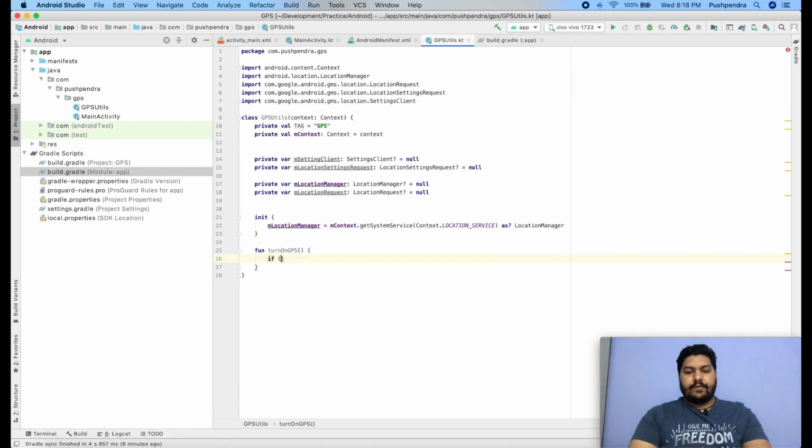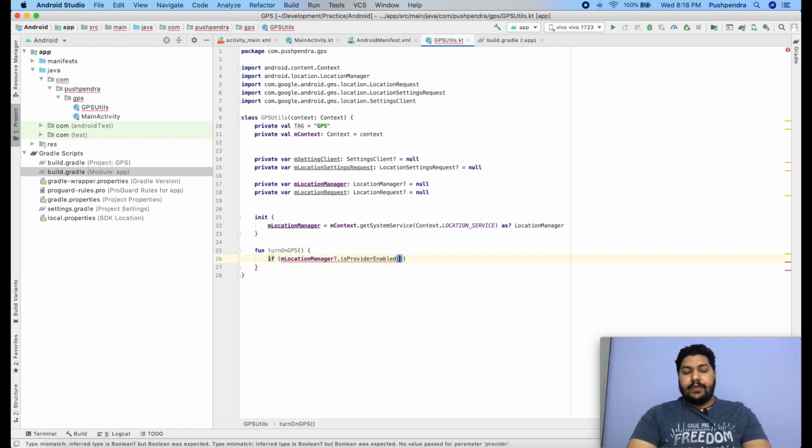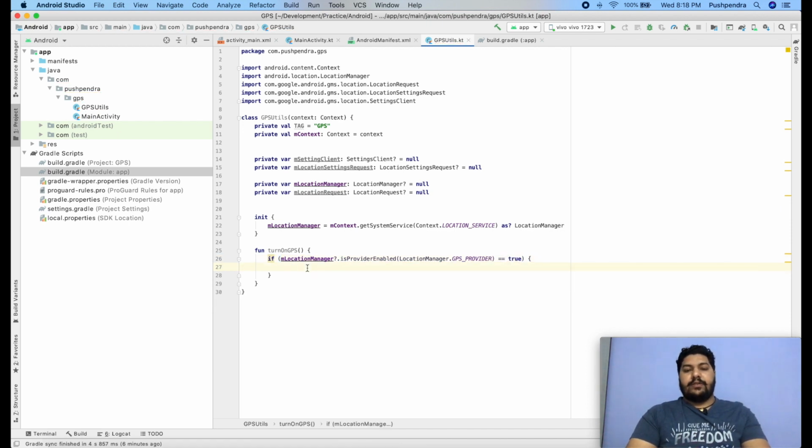If location manager dot is provider enabled, so what we have to pass here: GPS, location manager dot GPS provider. If it is true, then it's done. Double equals true means it is already true, we don't need to do anything else. But if it is false, for that we have to define our location settings.